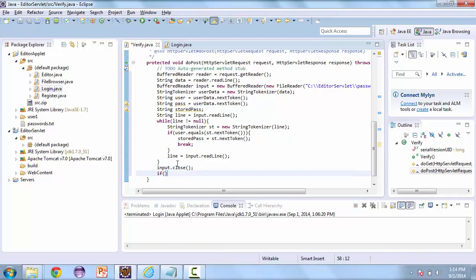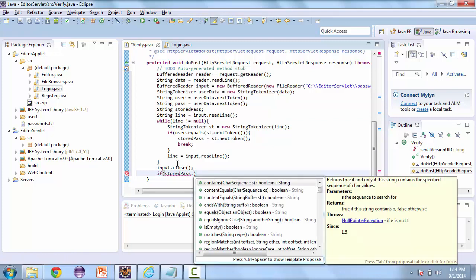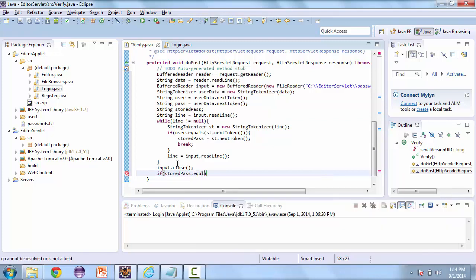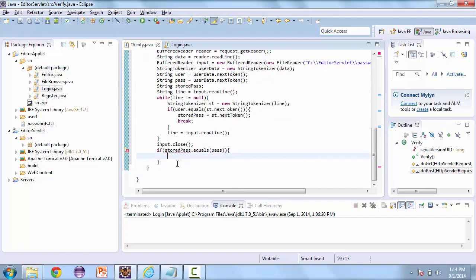And then we'll compare the stored password with the current password. So we have to set that to null so that even if the stored password is not set in the while loop, this if statement will work. And so here, if the passwords are equal, we'll call